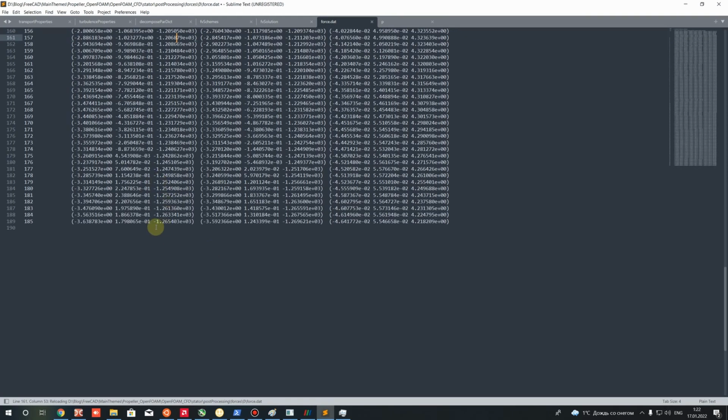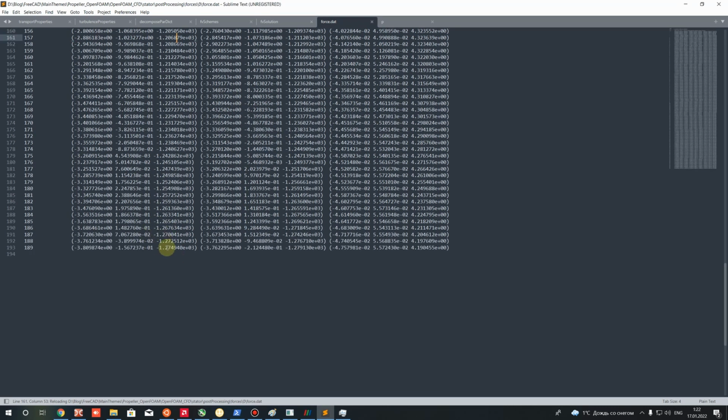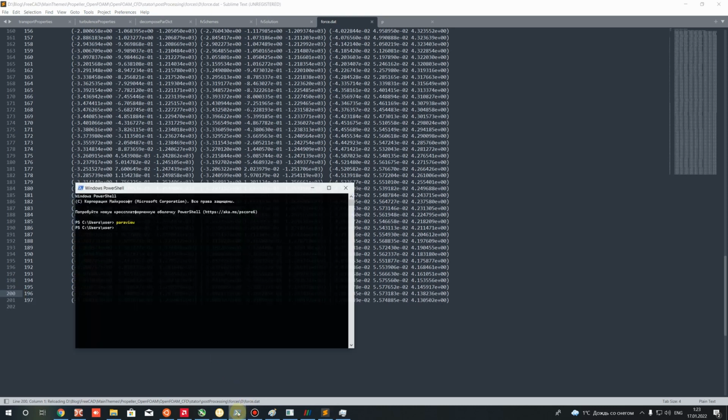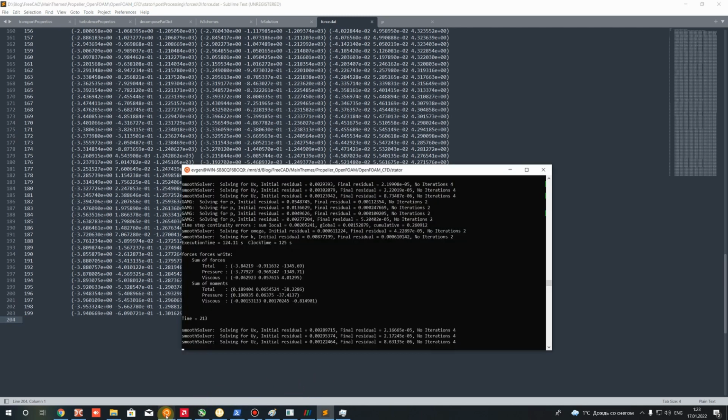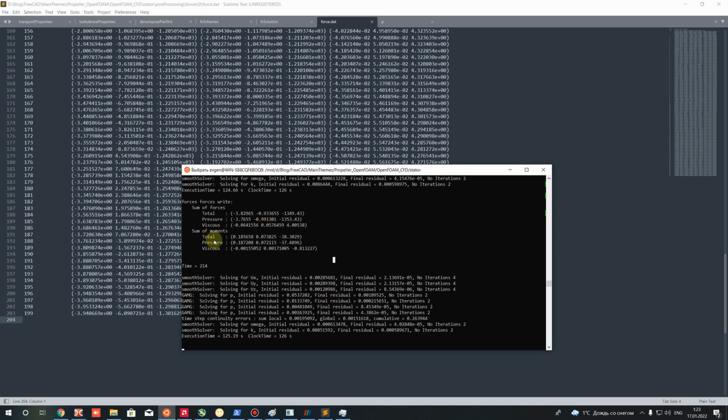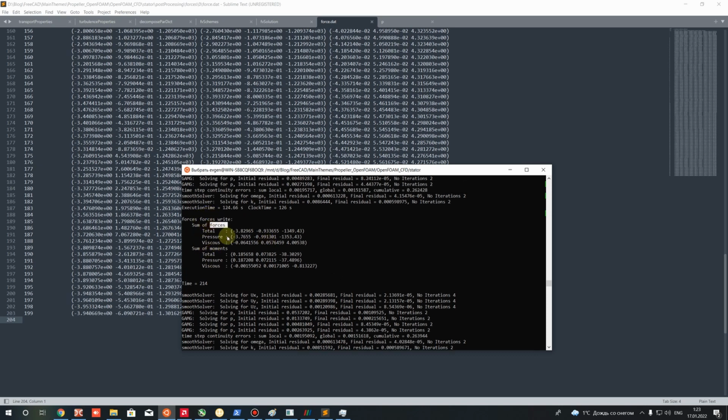If you divide it by the gravity constant, you will get your thrust in kilograms. Also, you can see the value of your thrust in the log of the simulation. As you can see, here you can see the sum of forces is this value. It corresponds to this,